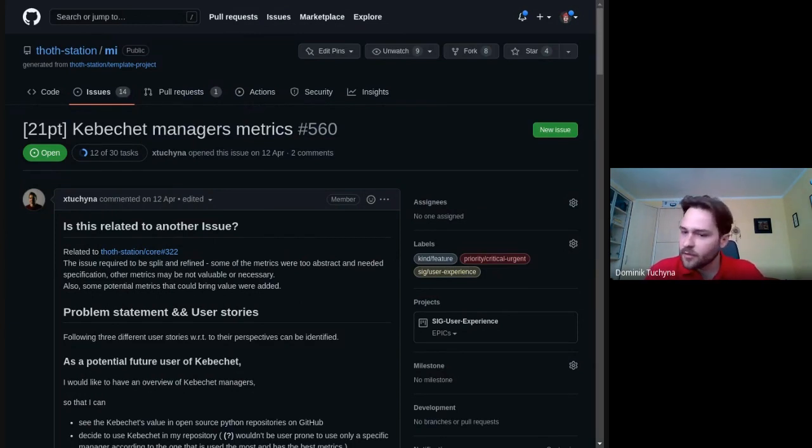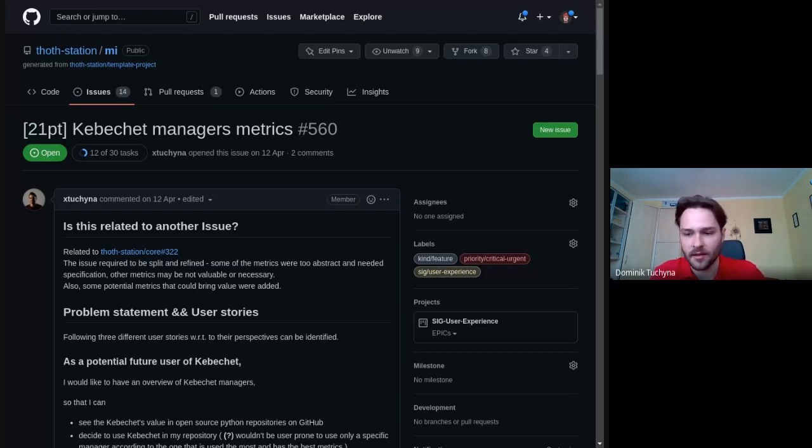Some of those metrics include daily statistics for cache usage in repositories, and some would also include the SLI and SLO indicators. What we have here right now is an issue that states all of the general metrics, so to say, and